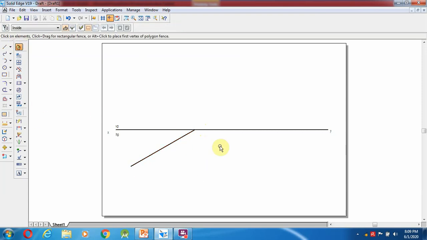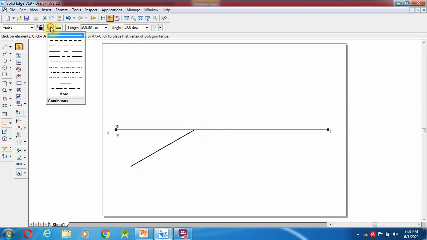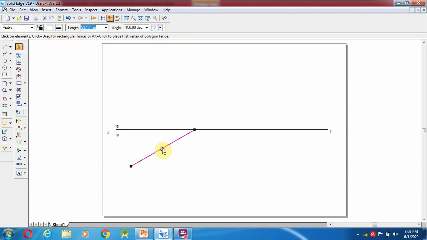The axis line we are going to maintain as a 0.35 mm line, and for the projection lines and reference lines we can draw them with 0.13 mm.